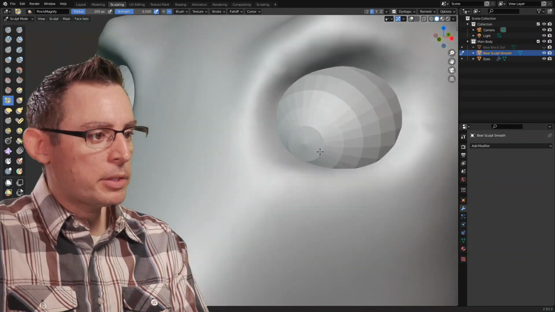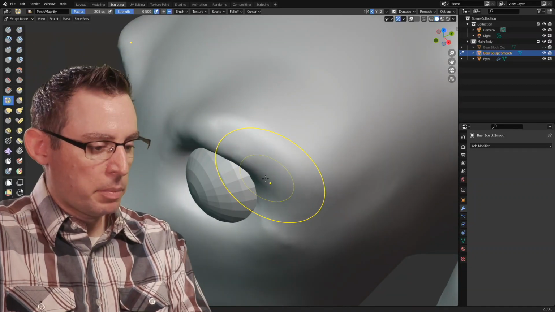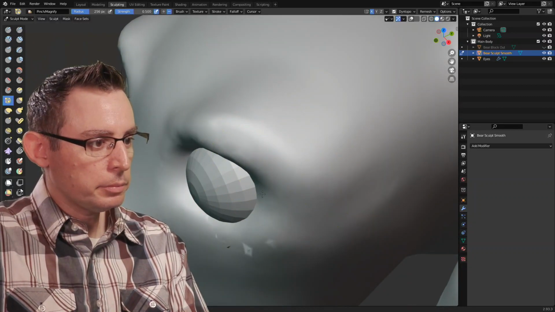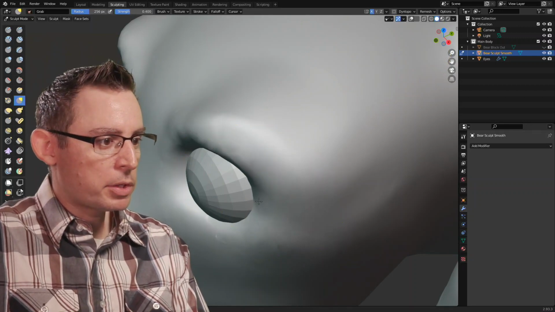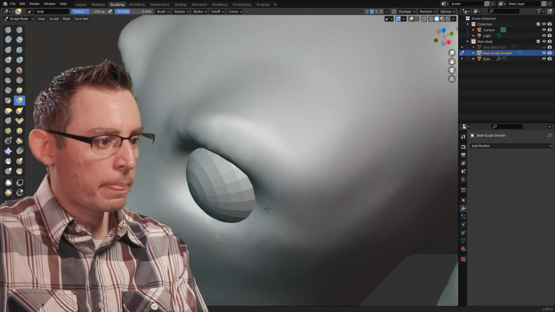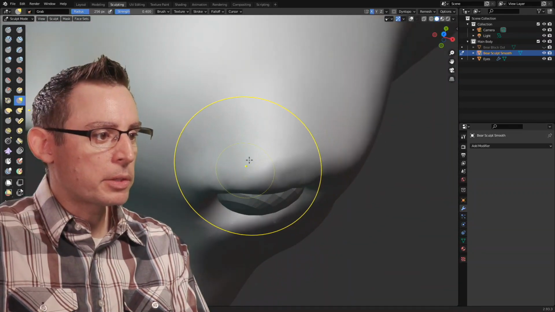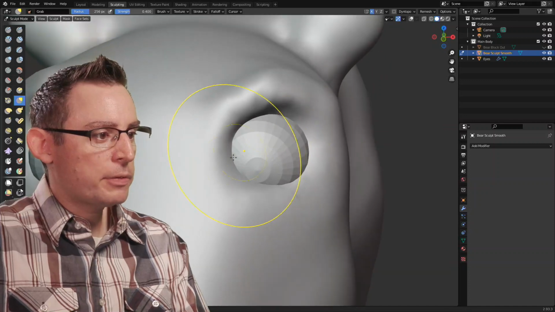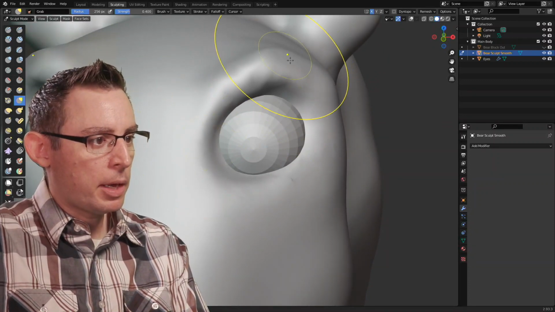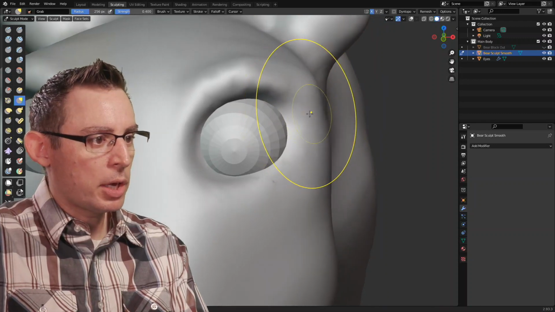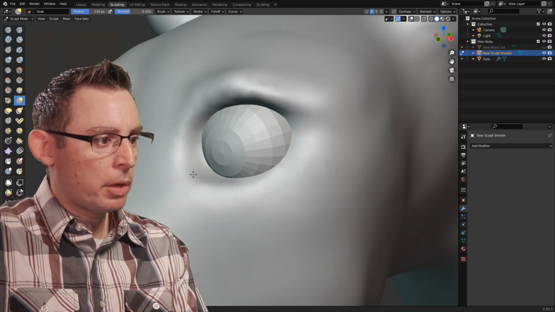Okay, now let's start to explore. My work up top has caused some big time problems for me. Let's turn off Dyntopo. I'm just in the Pinch tool. I don't want to pinch, I don't want to add more geometry. I want to start moving some things around. All right, so now let's figure out how we're going to work with the bottom side, because I've fixed the top, but man, I have not done a solid job in managing the bottom. And I'm actually going to bring all this down a little bit.